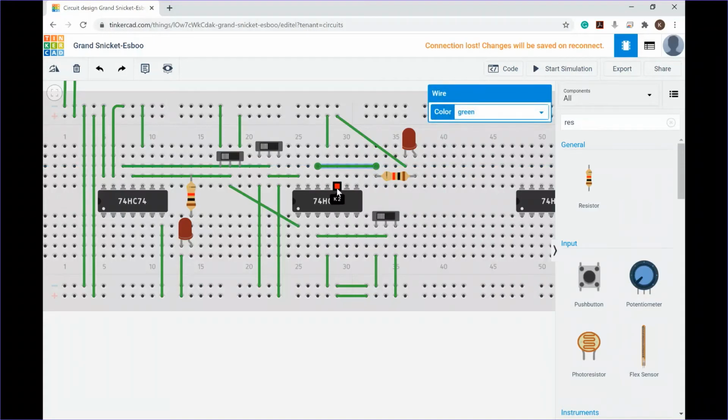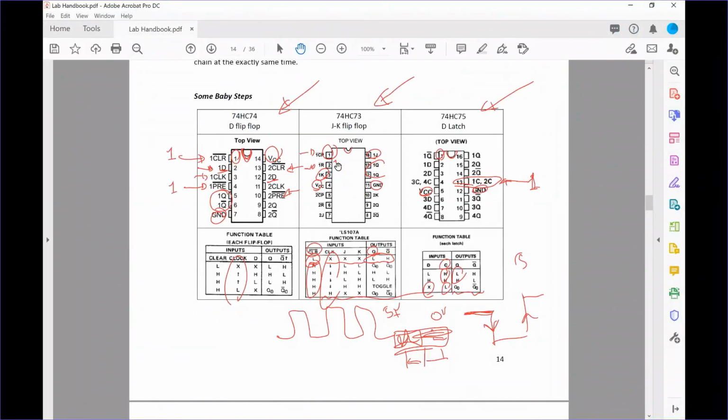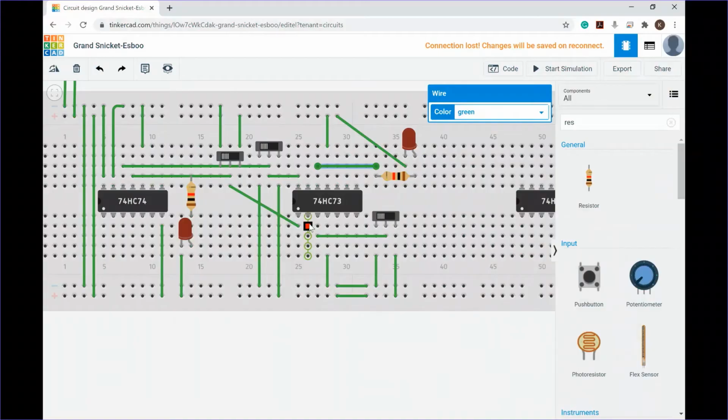So the ground is connected. The K2, J2, clock 2, reset 2, I'm not using, I don't need to use. Where's my reset? I need to pull the reset 1. Reset is a negative flow, so I need to pull my reset pin to 1 so that it won't do